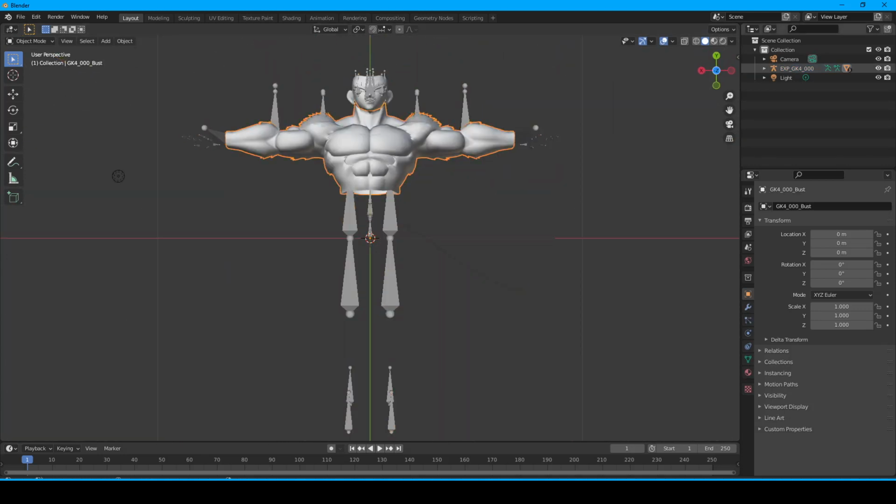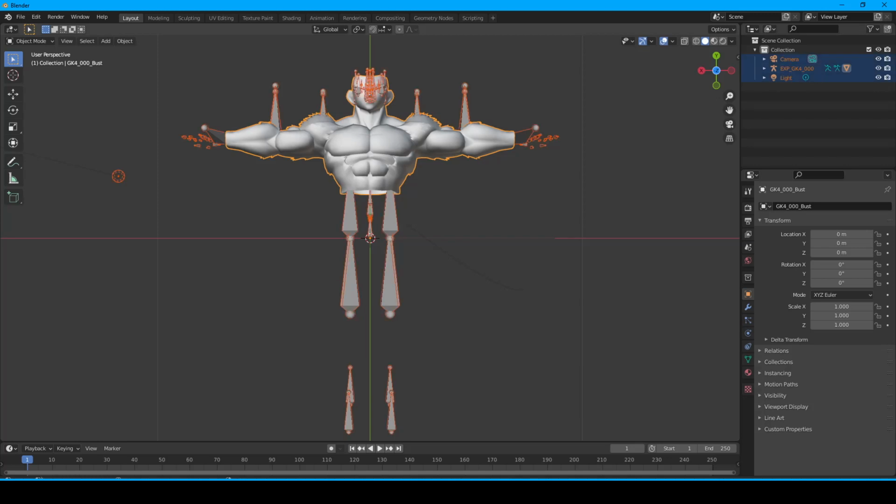Now most of the time, I will hide this skeleton. For this quick and easy edit, I'm just going to hit A while I'm in object mode. Then I'm going to hit Ctrl J, and it will combine all of it. Again, make sure the skeleton is selected. And then that's the only edit I need to make inside Blender.